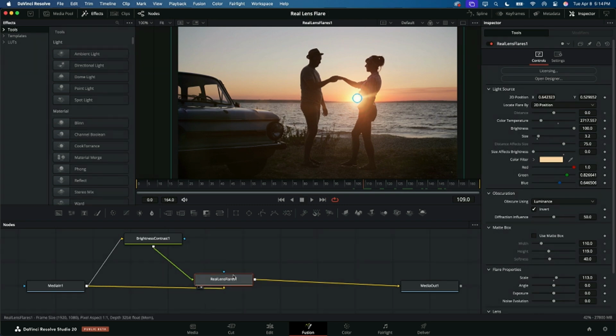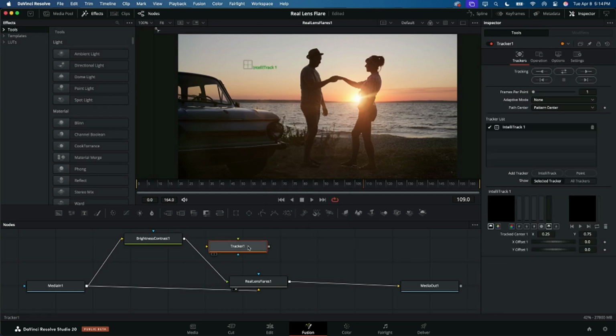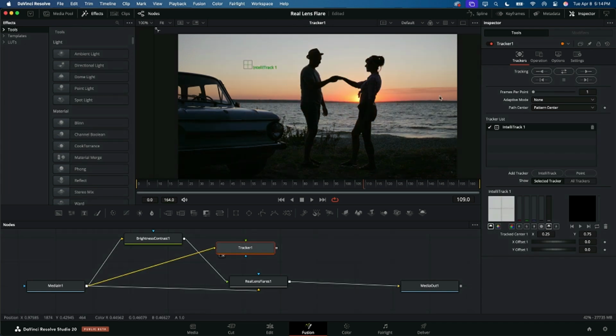So now that we've gotten that taken care of, we'll make sure that our lens flare is moving with our shot. In order to do that, I'm going to add a tracker in Resolve, a very smart tracker that works very fast in the Fusion page. And I'll take my Media 1 and pipe it into the tracker. And what I'm going to do is actually track an area that is not being hidden by our subject. So I'll grab the IntelliTrack and move it down here to the right-hand side,